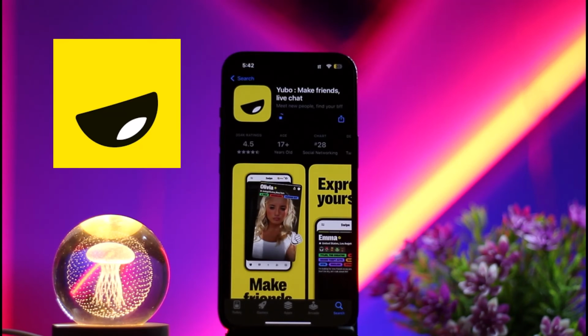So this is for iPhone, and if you're using Android you just need to open Play Store, and from there search for the Yubo app and click on the Install option. So by doing all of it you will be able to install the app on a